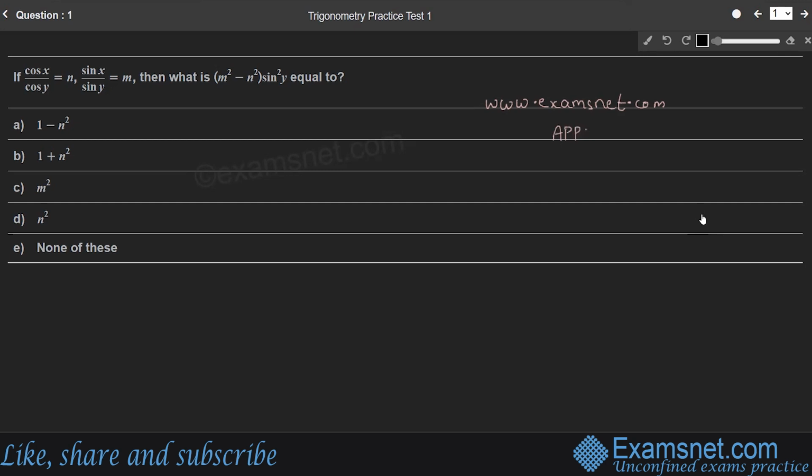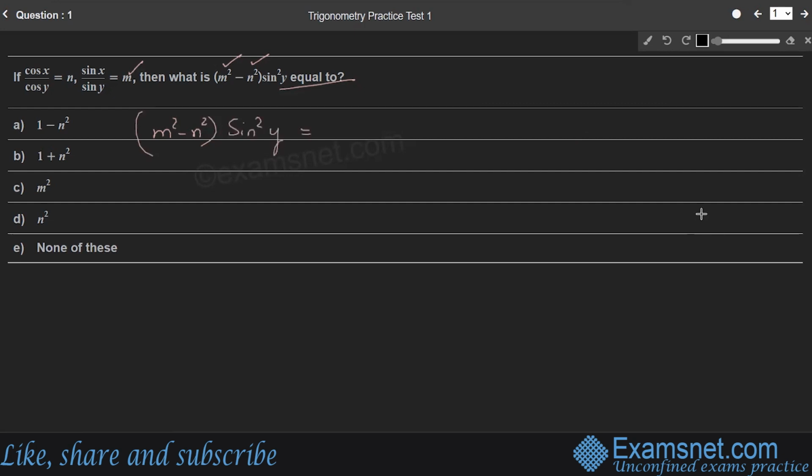Let's begin with question number 1. Here cos x by cos y is equal to n and sin x by sin y is equal to m. Then what is the value of (m square minus n square) into sin square y? Here we are directly substituting the values of m and n, so m square minus n square into sin square y becomes